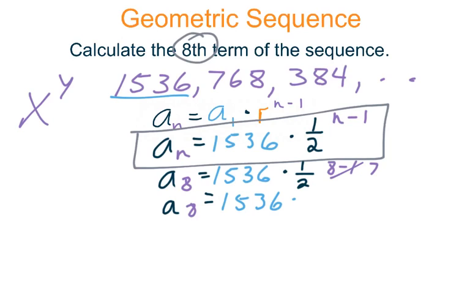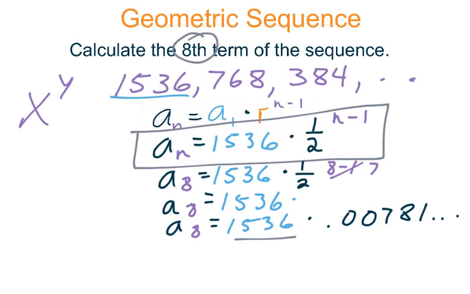a sub 8 equals 1536 times, and the number I'm getting is like 0.00781, and it kind of continues. Okay, all we want to do is multiply that number times 1536. So do that real quick. Hit times 1536. Hit equals, and if you typed it all in correctly, you should get